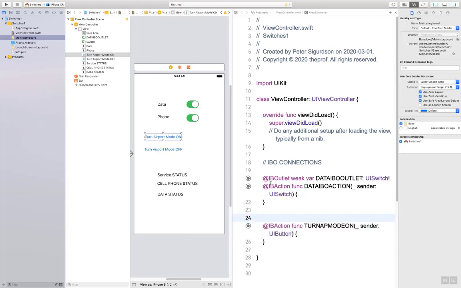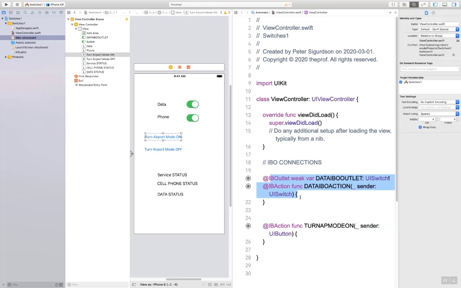So you see up here, we had to make two outlets. Actually, I have to go and make another two for phone as well, but let's just look at data right now, because I need to read the data, but I also need to control from that switch. In the case of the button, I'm just sending out a control signal in the function. I'm not going back and trying to change the status of the button from outside. All right, so before I forget,